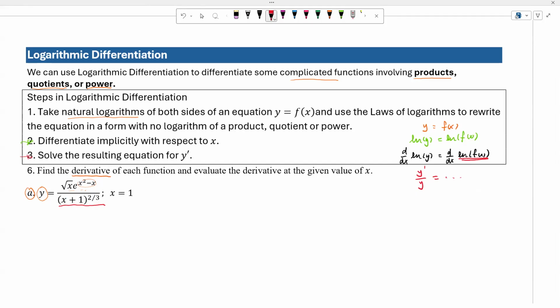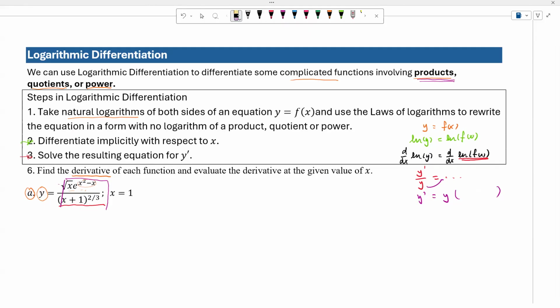So basically, y prime is equal to y times the derivative of the natural log of f of x. So this is the idea of how we use logarithmic differentiation to take care of some functions that are really complicated. Now remember, this technique will not work if we have addition and subtractions. Unfortunately, it's not working. It only works to simplify the process with the product, quotient, and the power.